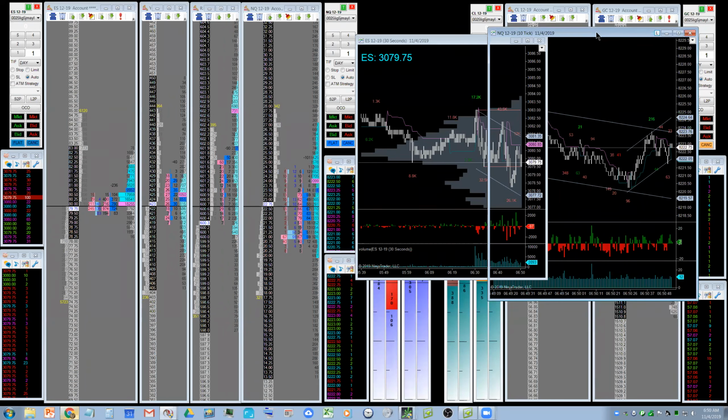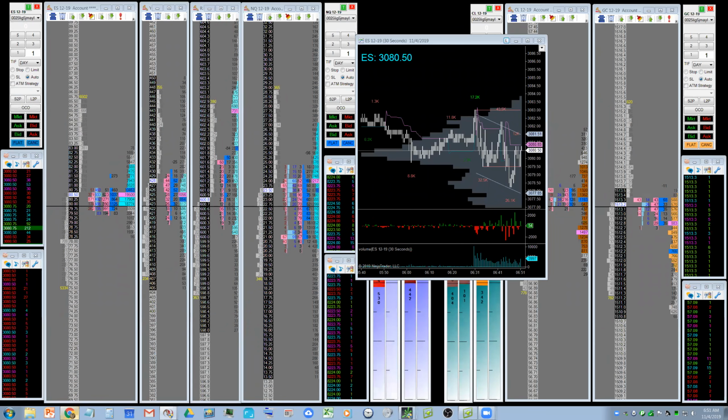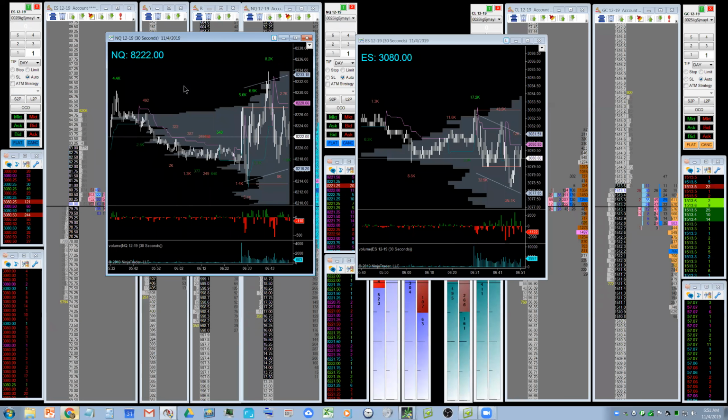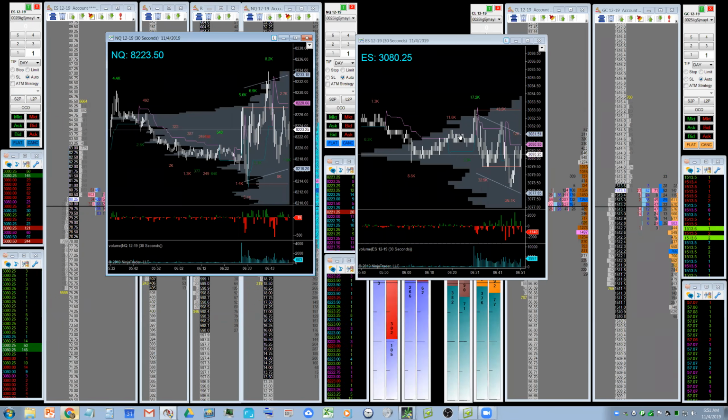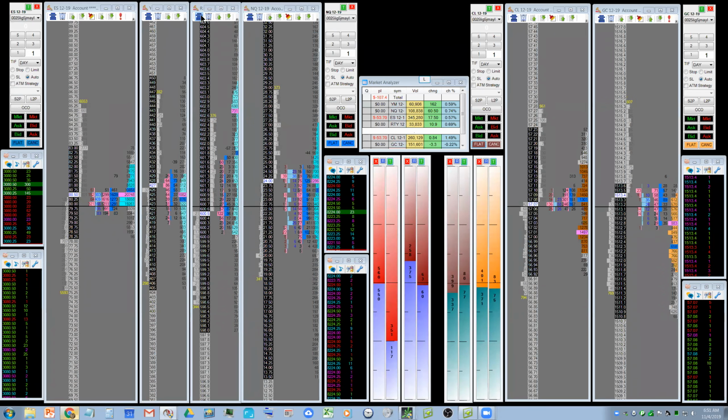Let's put this back and look at the 30-second and the 1-second. I'm dragging windows around. Okay, so here's the two of those. And you can see there's a little bit better bias in the NASDAQ because it's trading above the overnight and above its consolidation, whereas the ES is almost right on it. I mean, that's the high volume node and we're nailing it. So there's literally nothing to see here, guys. So for those of you that have lives, where you do something else, you have a job, you've got your kids, this is a really good time to do what Lee said and just walk away. Come back in an hour and see if it looks any different.